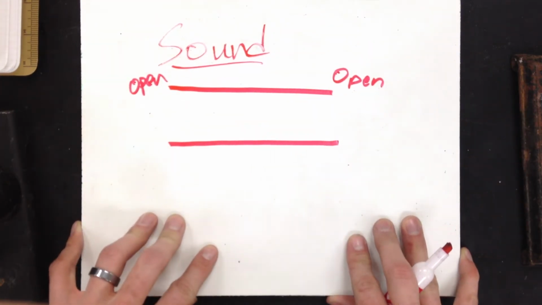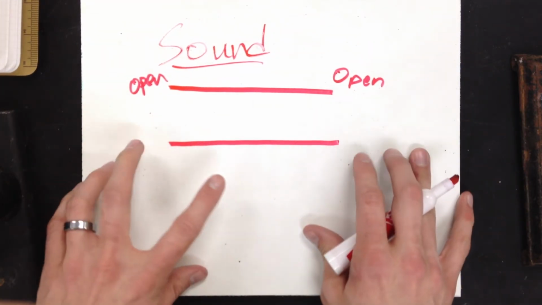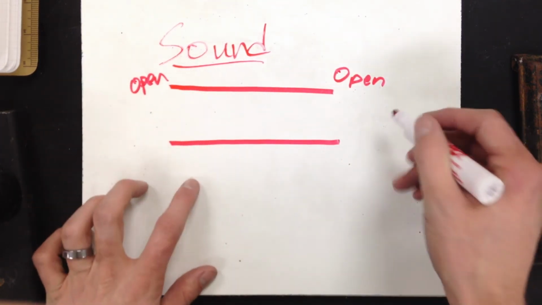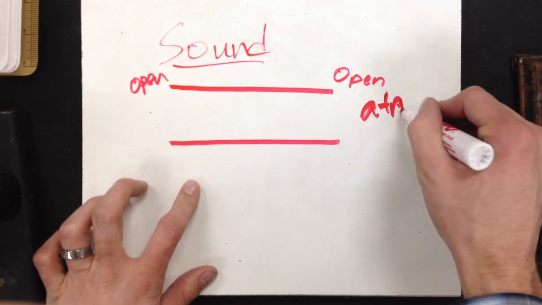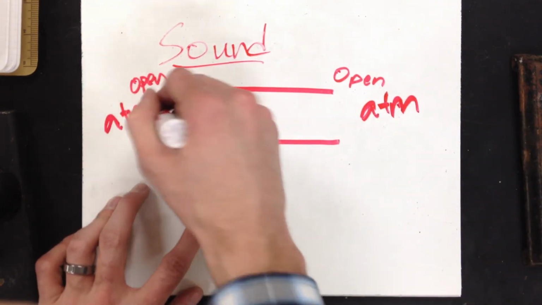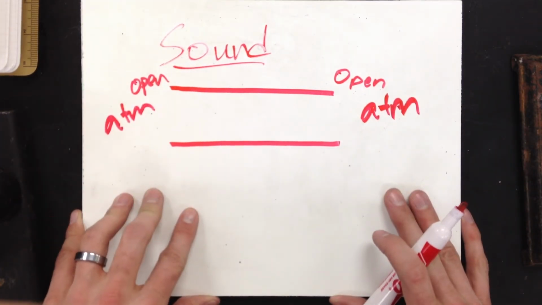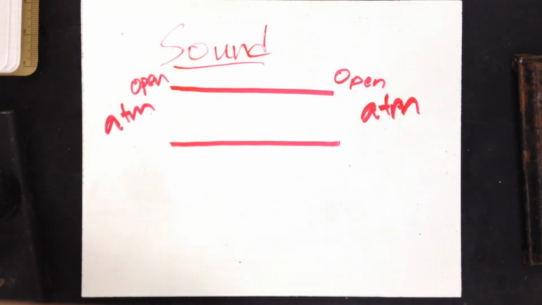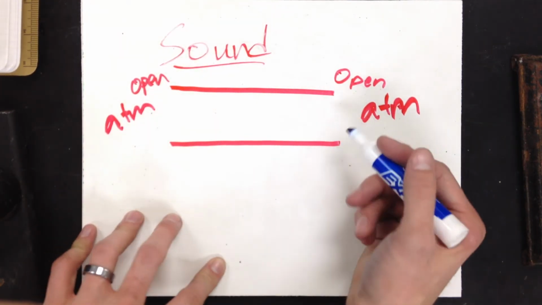Okay, and with that, you have to imagine that outside of this tube, I've got atmosphere, or just room pressure. And so the sound that's coming in here, at these positions,